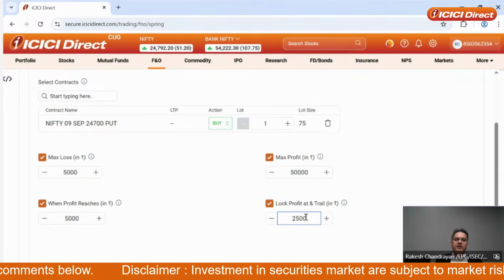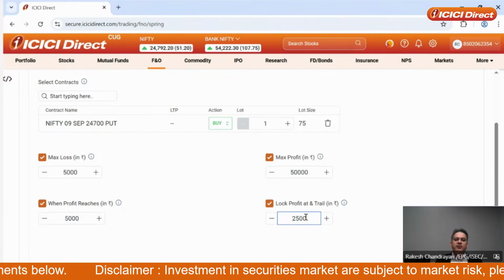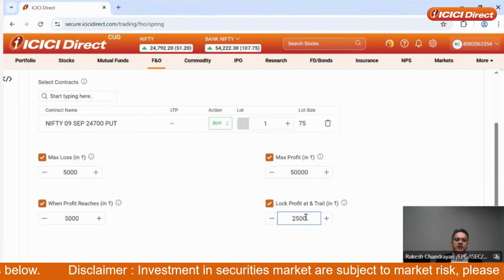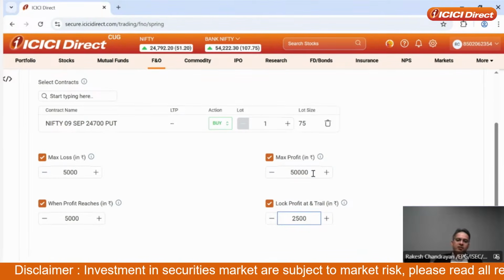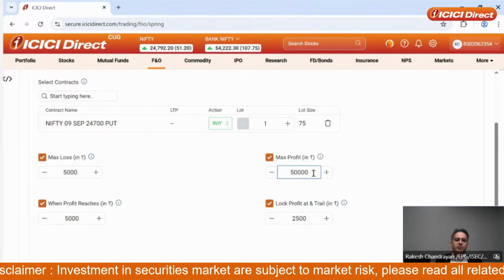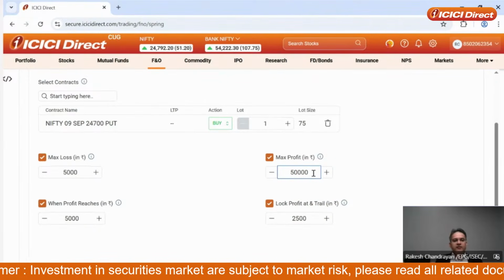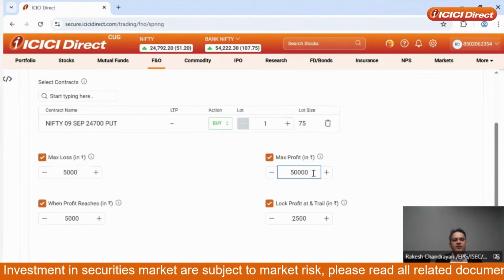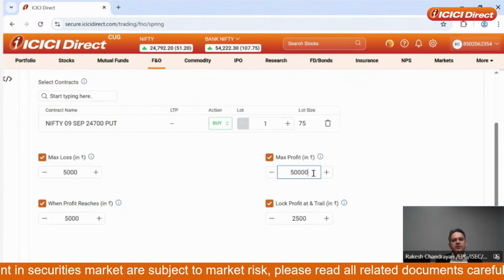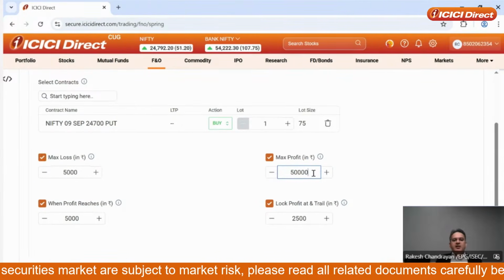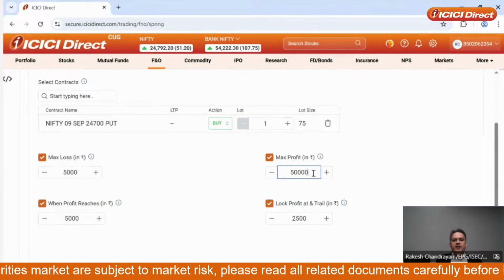So from here you can define your maximum loss and the maximum profit also. If it reaches 50,000 rupees, your profit will be booked and your position will be closed. And if it goes down to 5,000, your loss will be booked and your position will be closed. And between the journey of the price you have taken it,